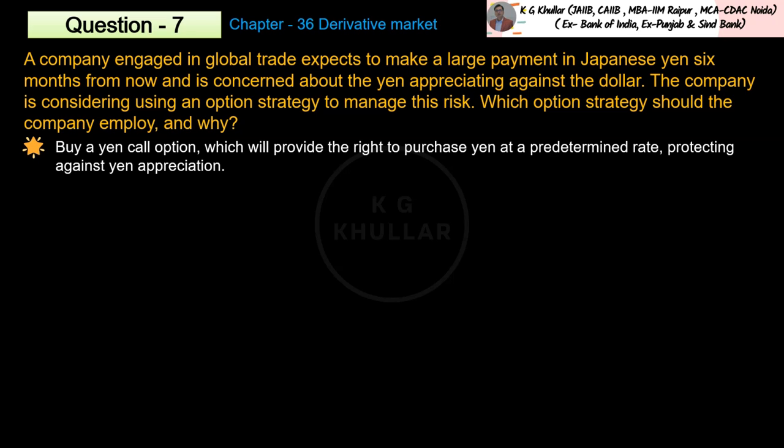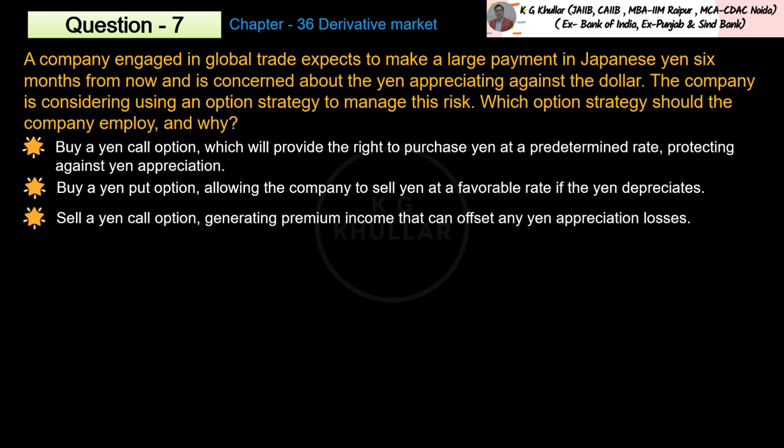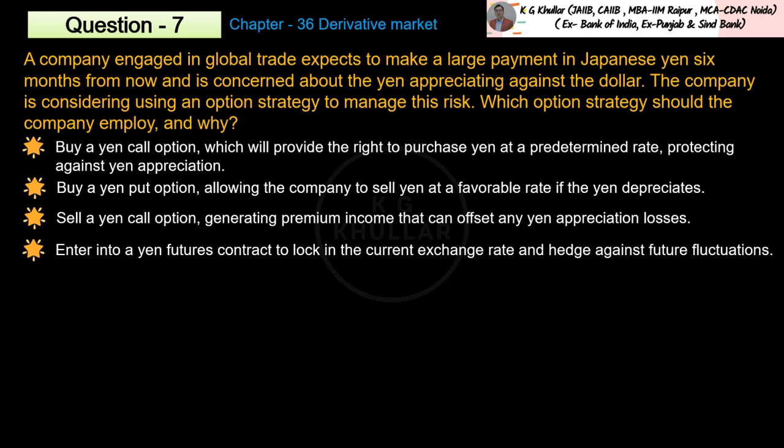And these options are given to you. That is, the first option A is buy a yen call option, which will provide the right to purchase yen at a predetermined rate, protecting against the yen appreciation. Then second option B is buy a yen put option, allowing the company to sell yen at a favorable rate if the yen depreciates. Then third option C is sell a yen call option, generating premium income that can offset any yen appreciation losses. And last option D is enter into a yen futures contract to lock in the current exchange rate and hedge